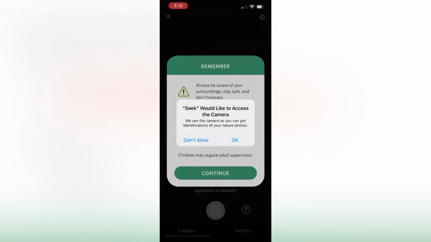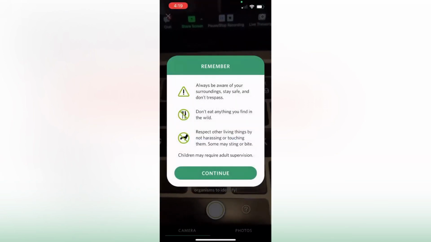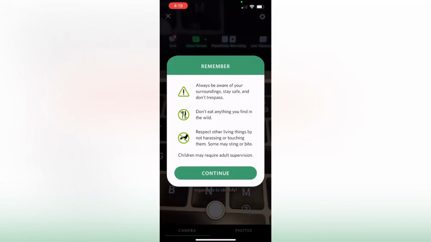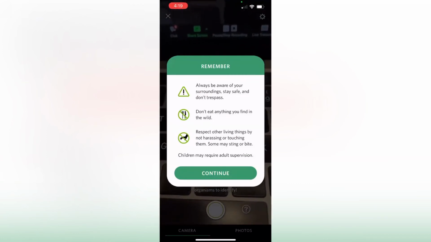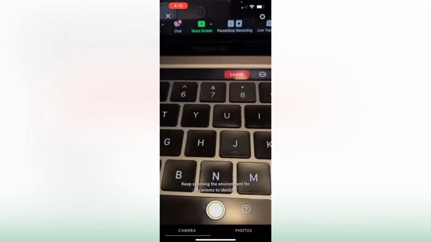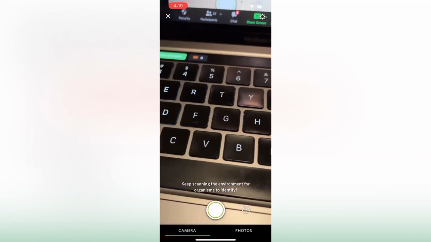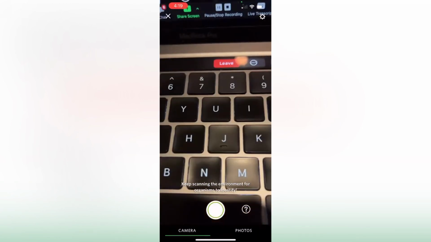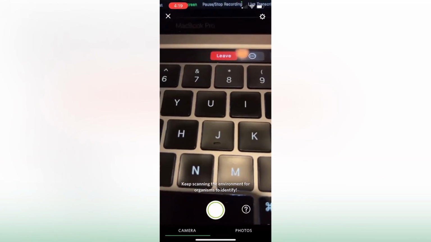And you have to allow them to have access to your camera. Then they're going to give us the reminder that they always give to not eat anything that you find, to respect other living things, and to always be aware of your surroundings and to not trespass. And then I'm going to click on Continue. So just imagine there's a super pretty flower right here on my keyboard, and we're about to capture a photo